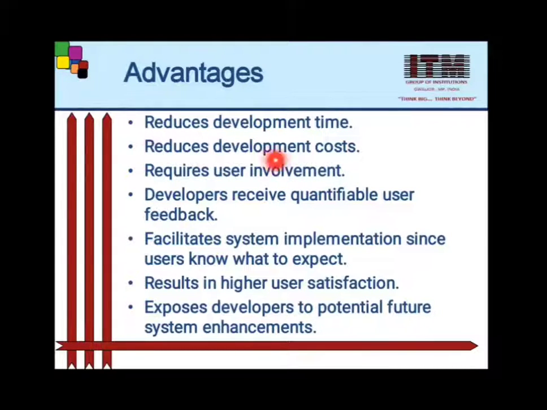It reduces the development cost and requires user involvement because it provides a working model to the user early in the process, enabling early assessment and increasing users' confidence, so user involvement is much desirable. Here quicker review of the SRS and better expectation setting of end users are also available.